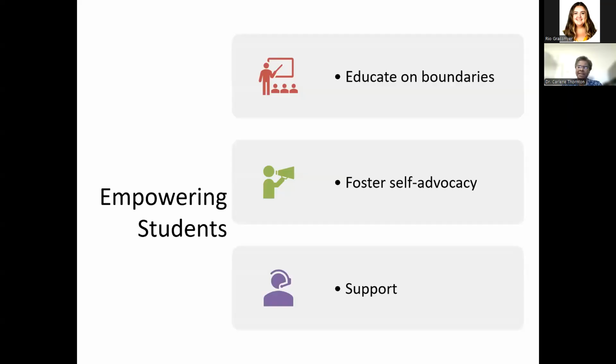We have to educate our students and let them know that it's okay to speak up for themselves, but we also have to provide them with means of support, whether it is our contact information for after hours. And it doesn't have to be your personal phone number. It can be an app to where it's tracked, to where everything that's printed in there is documented. So there are many different ways we can provide support. We can provide support to hotlines. There are a lot of different things we can do, but our students need to have somebody when they're out on clinicals, somebody affiliated with your program that they can reach out to.